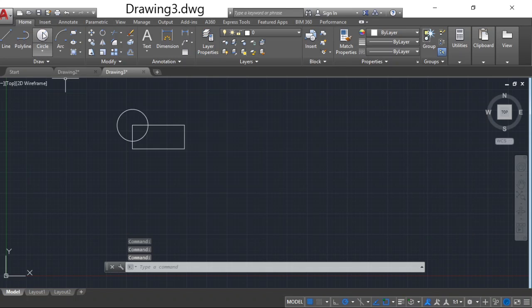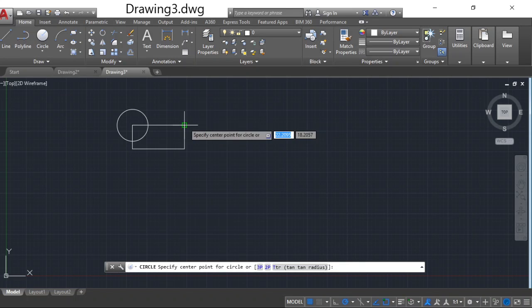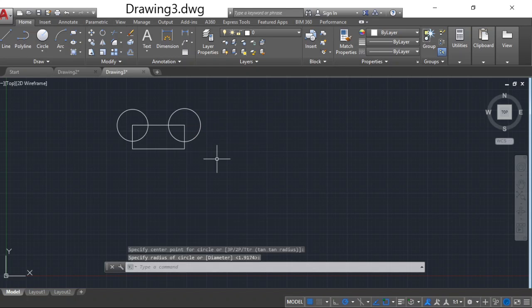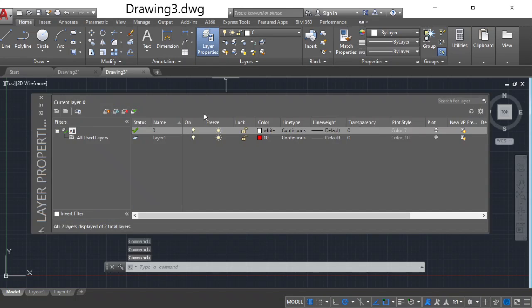Now I am going to draw one more circle here. I created a new layer and assigned the color red, but while drawing the circle it is still displaying in white color. Why? Because even though you have created the new layer, the default layer is still the zeroth layer.